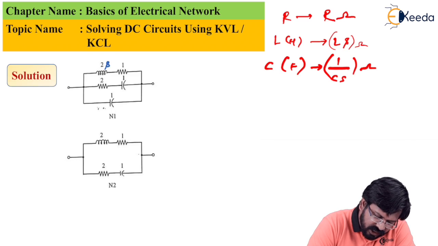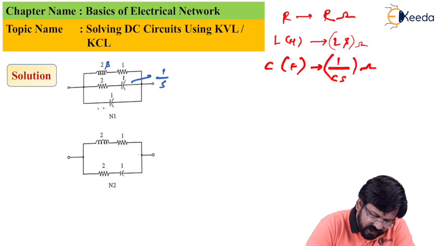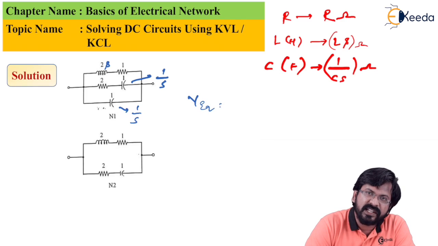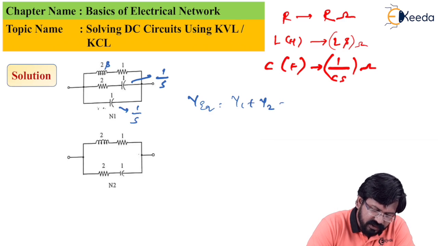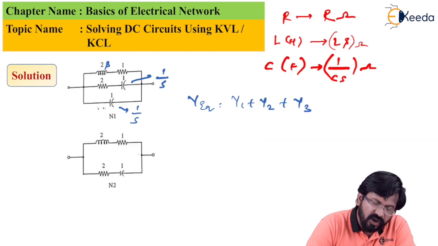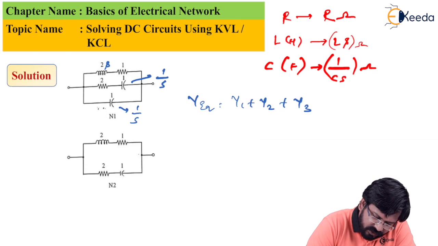Whereas this has to be also replaced as 1 by s. So now what I get is, I can have Y equivalent for network 1 as Y1 plus Y2 plus Y3, where Y is nothing but admittance of this. If you see, this is a series connection, the equivalent impedance of this can be taken as 2s plus 1, or I can say admittance of this will be the inverse of the impedance, which is 1 upon 2s plus 1,